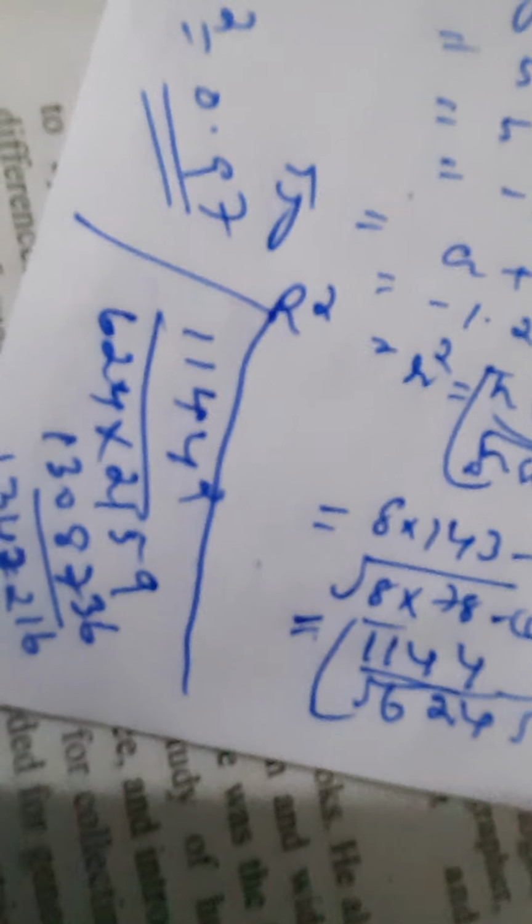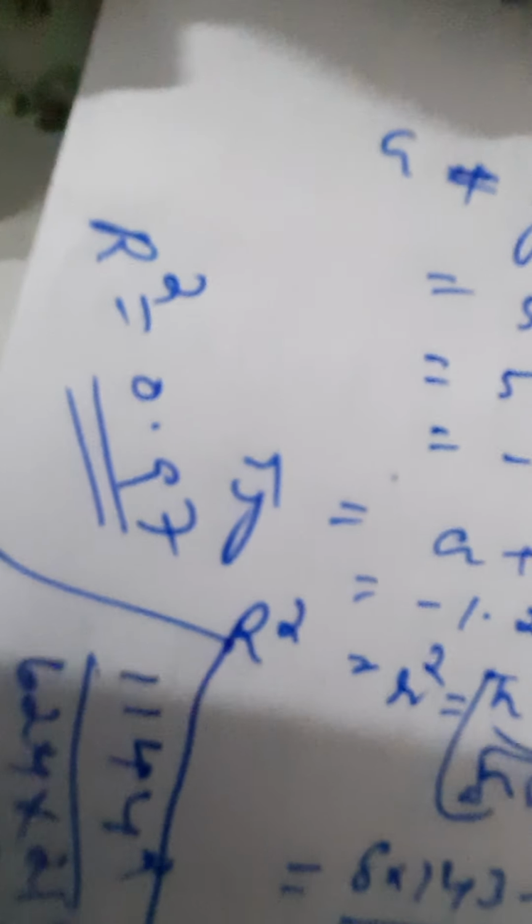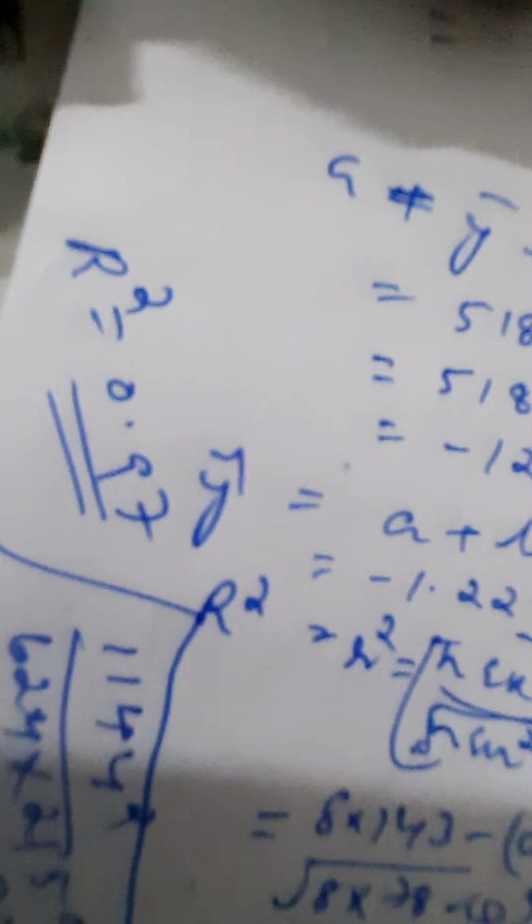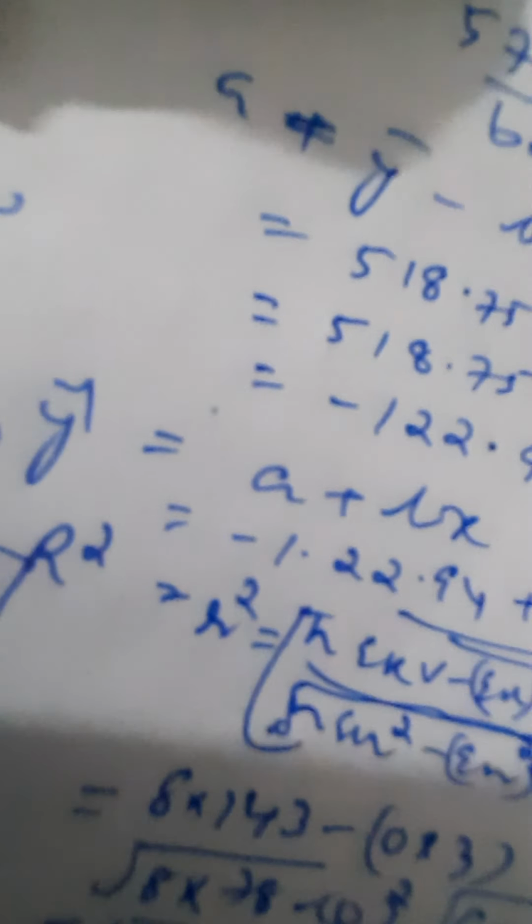1144 square upon 624 into 2159. When you work it out, this is the calculation, and we get r square as 0.97. 0.97 means there is a high degree of linearity, and so that is our answer for r square here. So please just take care. Now we proceed further to question number